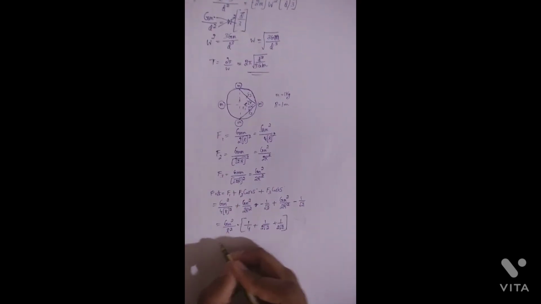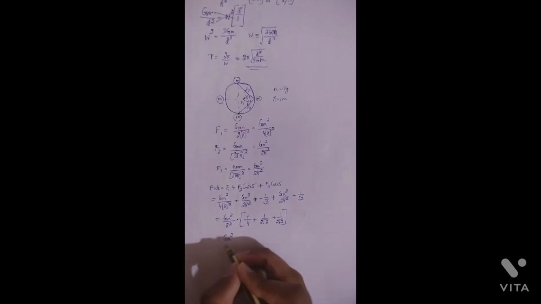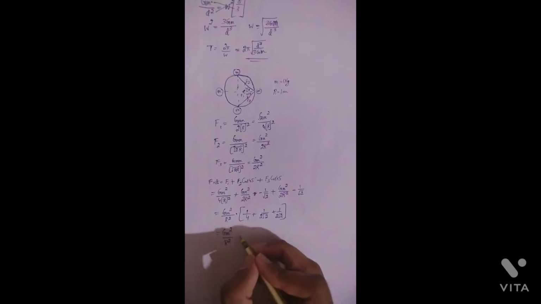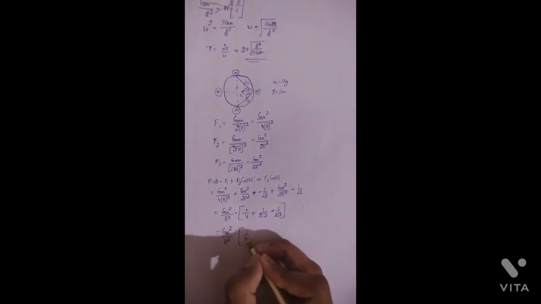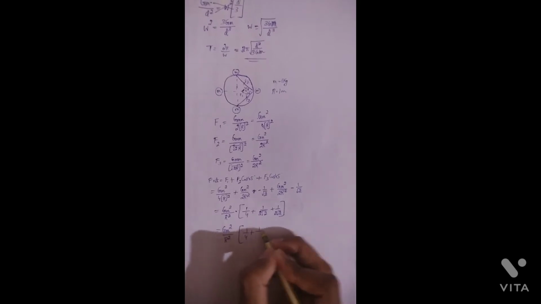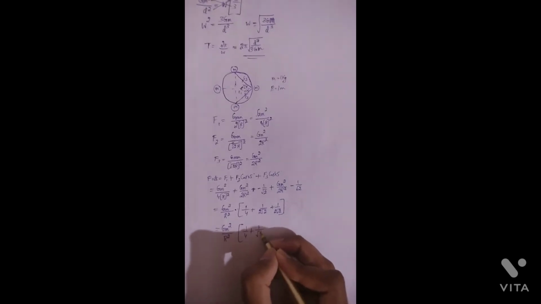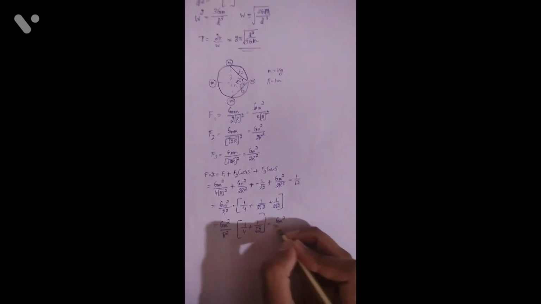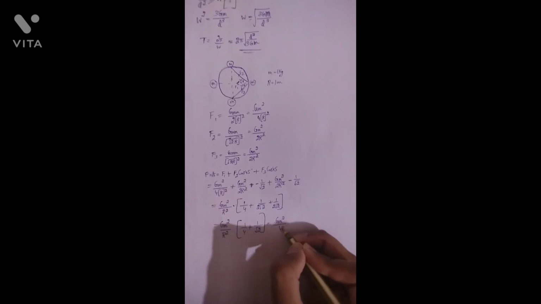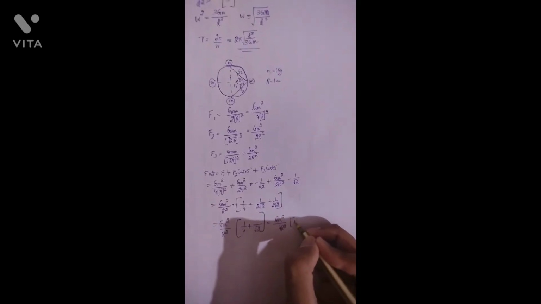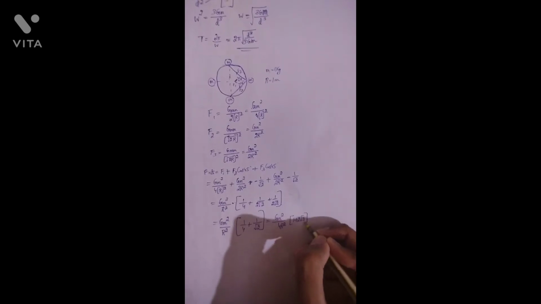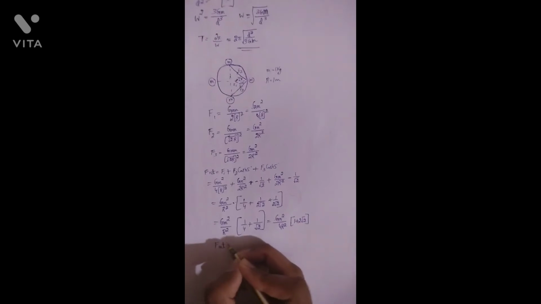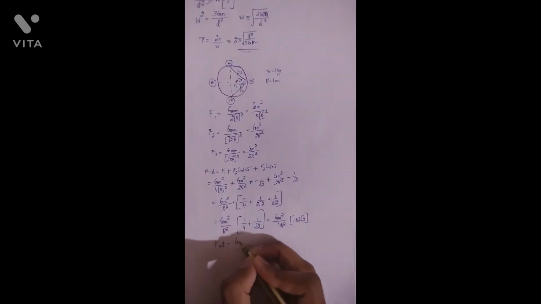Next, we take GM square by R square into 1 by 4 plus 1 by 2, because 1 by root 2 is also common, and here we will take GM square by 4R square into 1 plus 2 root 2, it will become 4. So therefore, Fnet will be